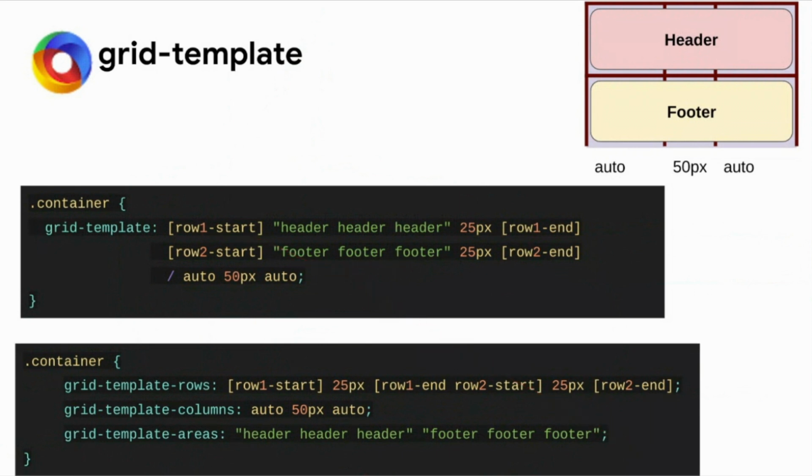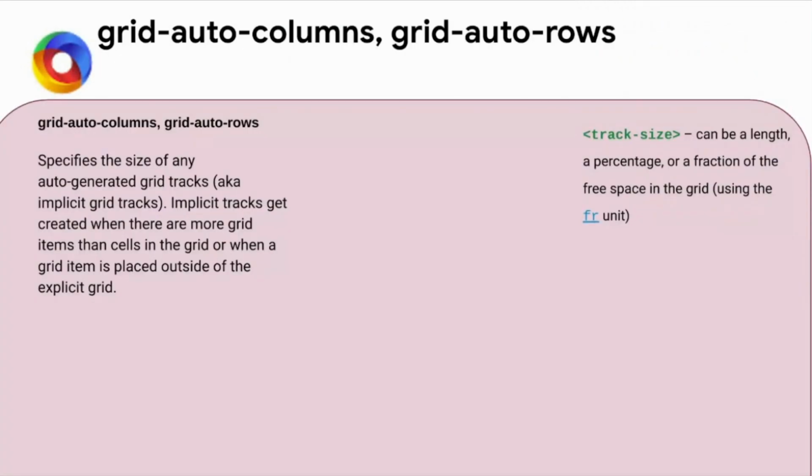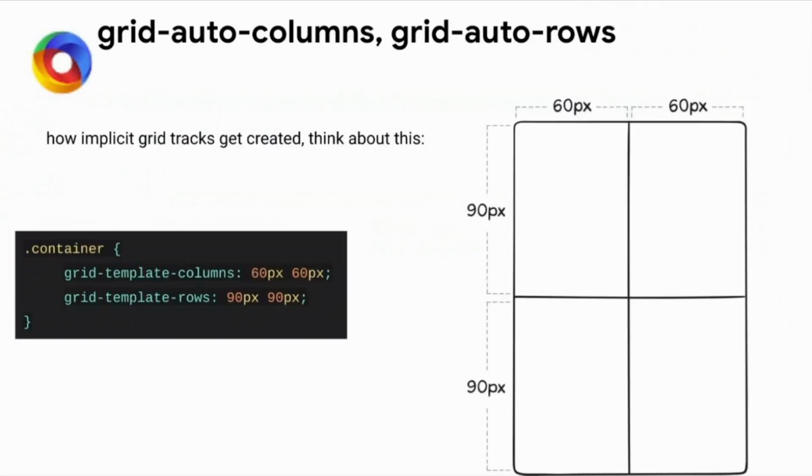Okay, so till now we have seen how to create a main grid, like the grid which was already there. Now let's see about auto columns and rows, what exactly it is. So let's start from the earlier story. Suppose there is a guy called Akshit, and what Akshit has done is he has created a container.